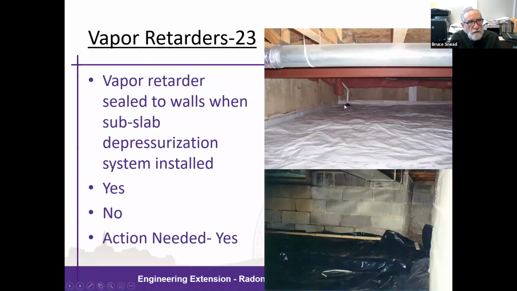Is the vapor retarder sealed to the perimeter walls of the crawl space? When we have a depressurization system, you can see in the upper slide the radon piping penetration in the corner of the crawl space, that the membrane's been lapped up the side walls and then probably bonded with caulking behind it, and then stripping is shot to the walls or adhered to the walls to provide a mechanical connection as well. And you can see that down below in the lower slide.